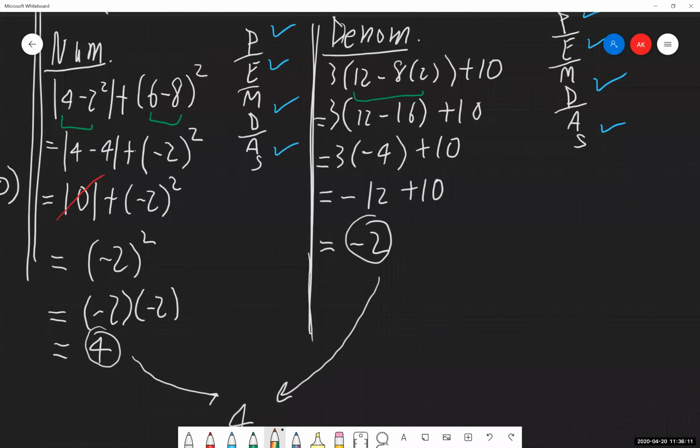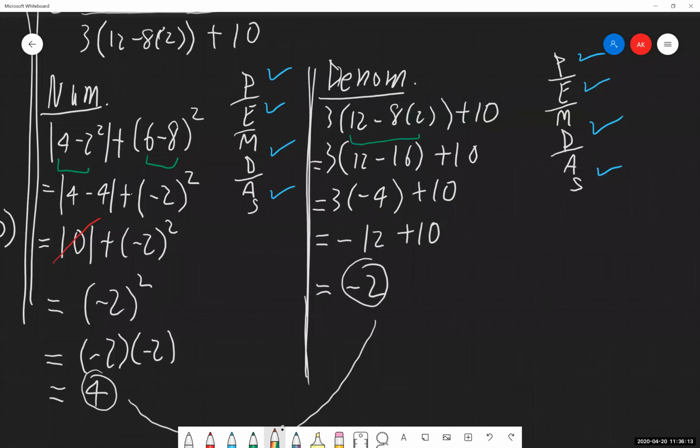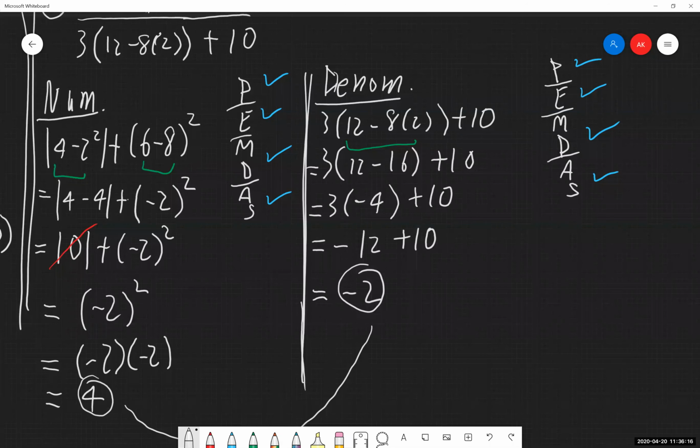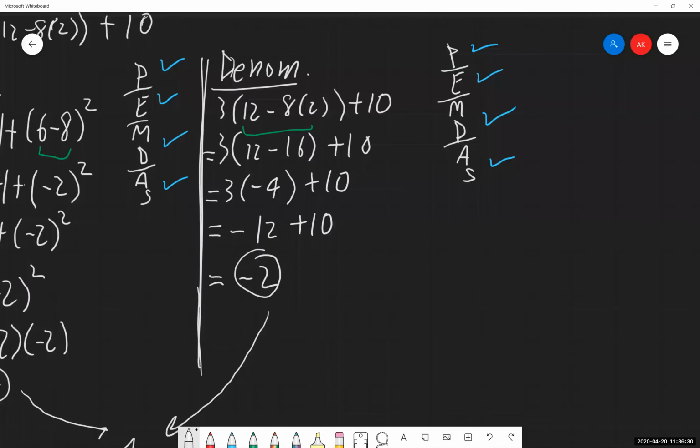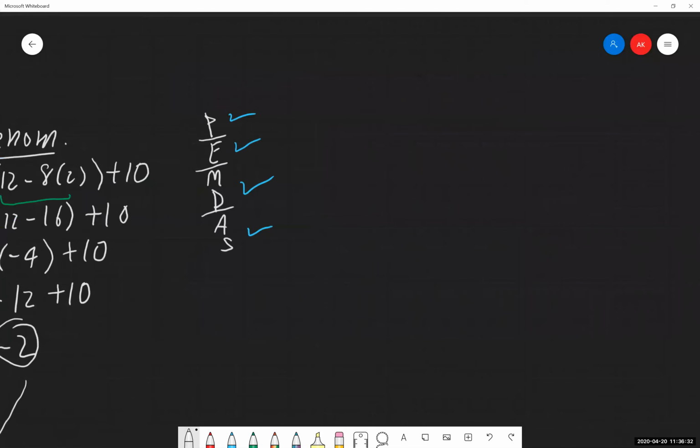So that was our second example that we went through. And again, if you're following along and doing this on your own, and you decided to use the other method that we have, you're more than welcome to do that. You should also be getting -2 as your final answer. So I'm going to jump us over to example 3.